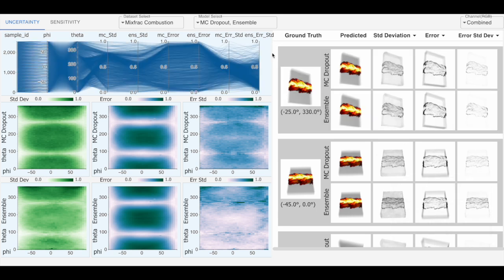The second component is a collection of heat maps that show view space uncertainty, error, and error variability plots for both MC dropout and ensemble methods. The purpose of this is to be able to compare and contrast the uncertainty and error patterns produced by these two uncertainty